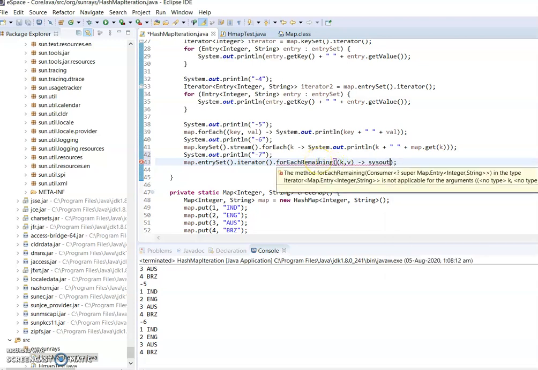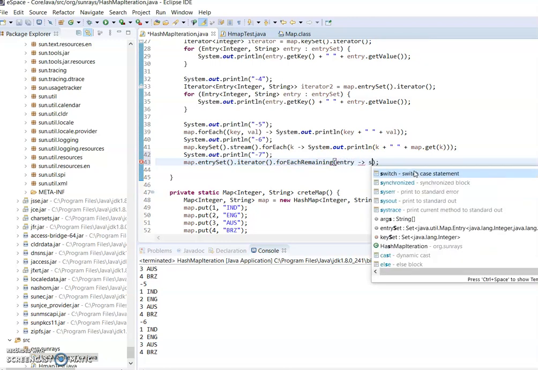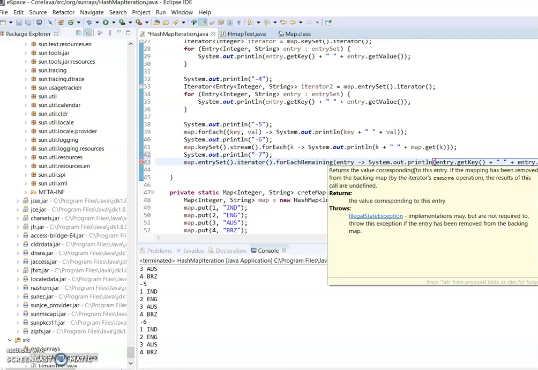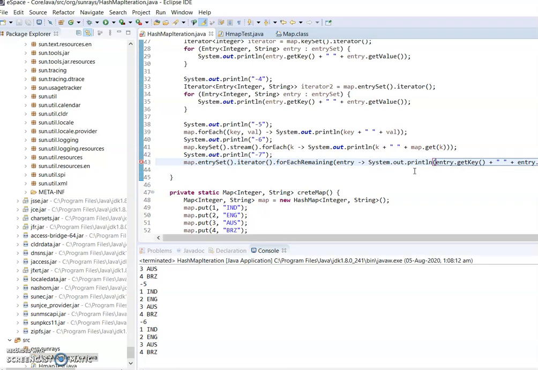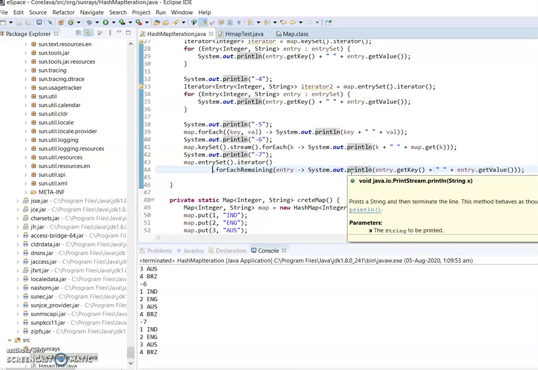Map.Entry is the object we are getting, so the consumer takes a Map.Entry, and from entry.getKey and getValue we got this using the iterator as well.